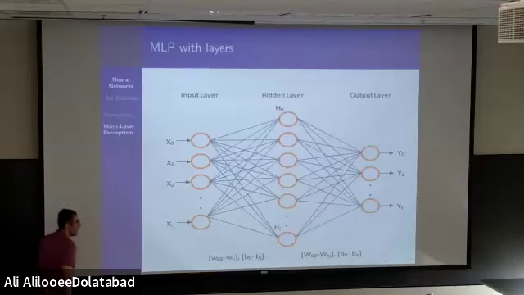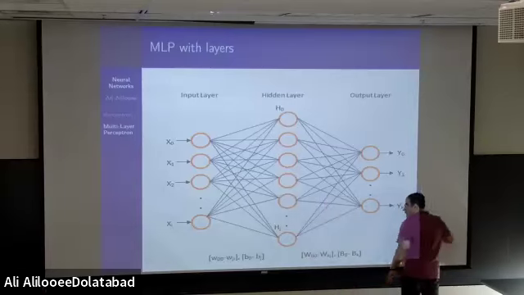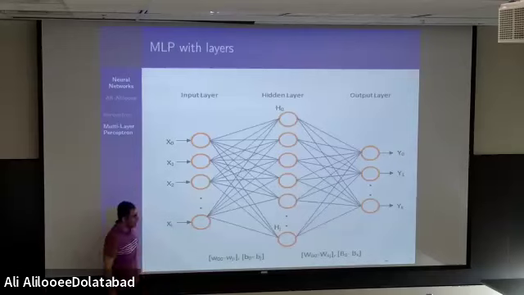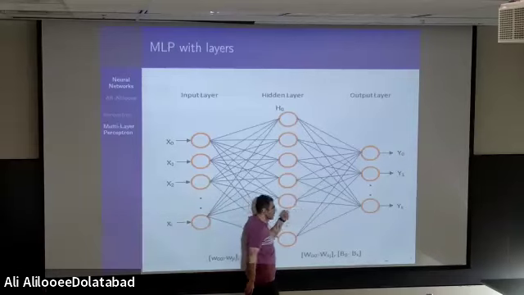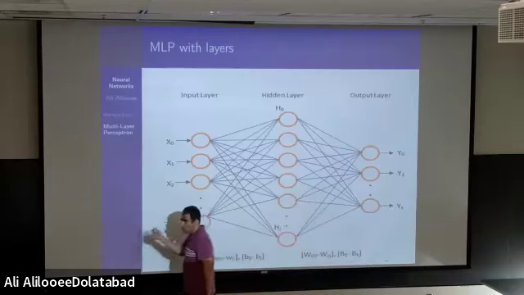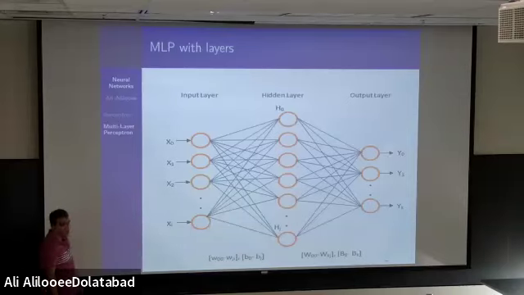The only thing I want to say is that every time we go back and forth, we reach here and we come back. Every time that we do this is called an epoch. The number of times that we want to go forward and come back, backward, forward, backward, is called the number of epochs. And the number of epochs can be chosen when you want to train.